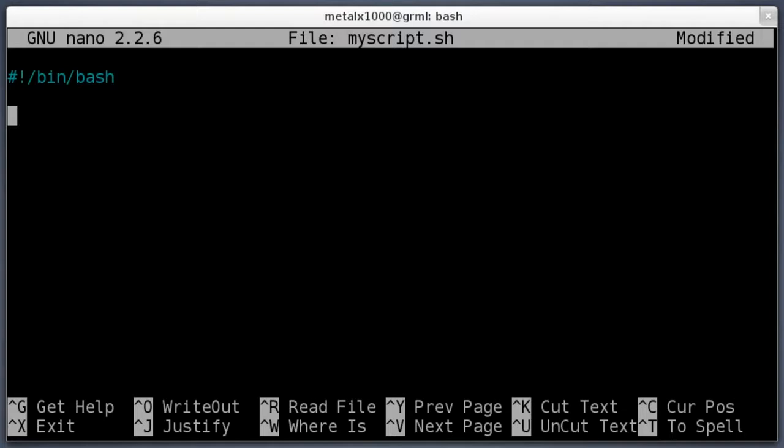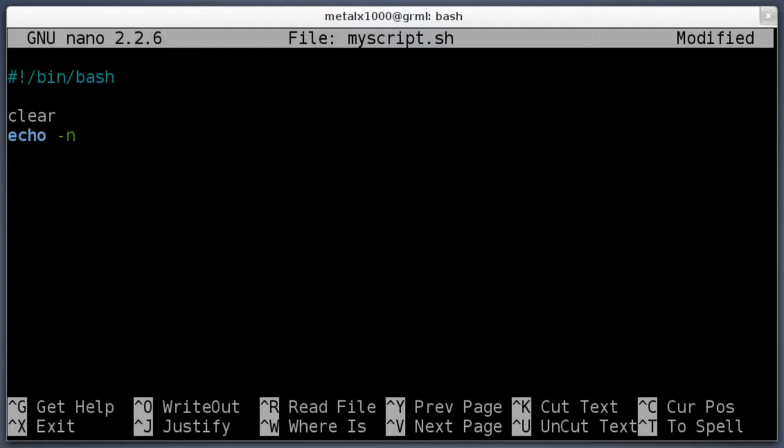At this point, we just write out a list of commands. So let's go over the stuff we've learned this week. First off, I like to start most of my scripts, if not all, by clearing the screen. It makes your code look clean. And then we'll ask a question. I will say echo